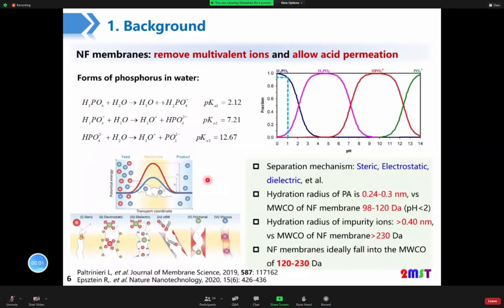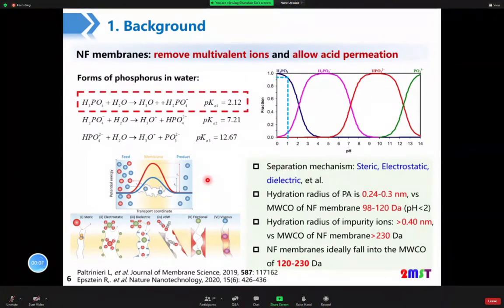Phosphoric acid is known to be a weak acid. At low pH, phosphoric acid mainly exists as a neutral molecule, so we use a nanofiltration membrane to remove multivalent ions and allow acid permeation based on the steric and charge factors. The nanofiltration process is simple and the energy consumption is low. According to the hydration radius of phosphoric acid and the impurity ions, nanofiltration membranes ideally fall into the MWCO of